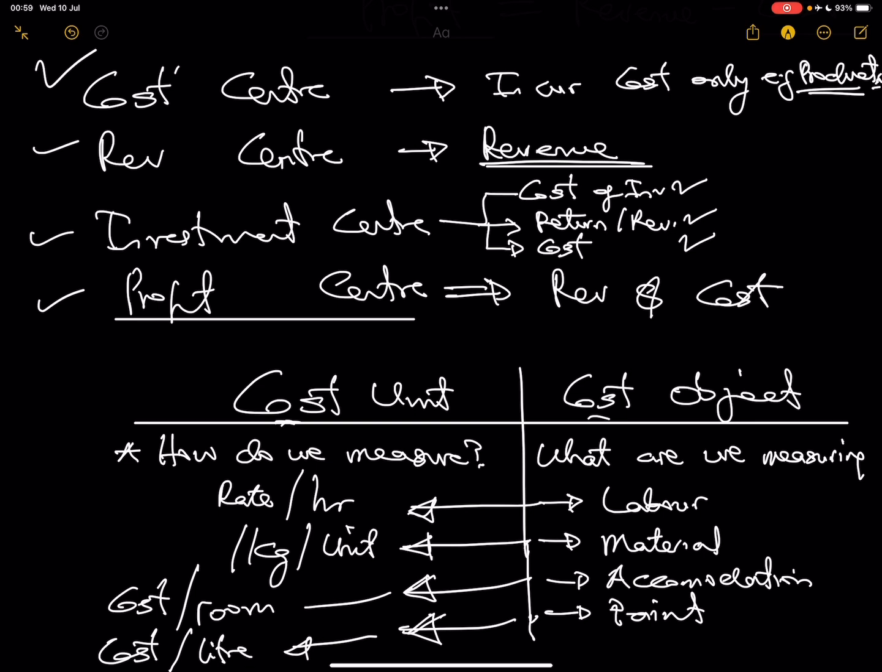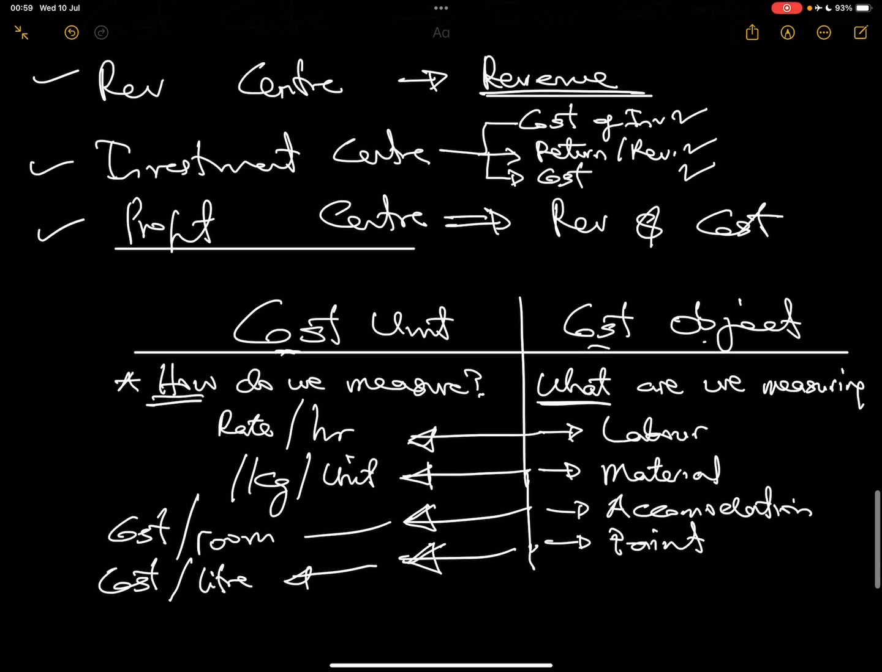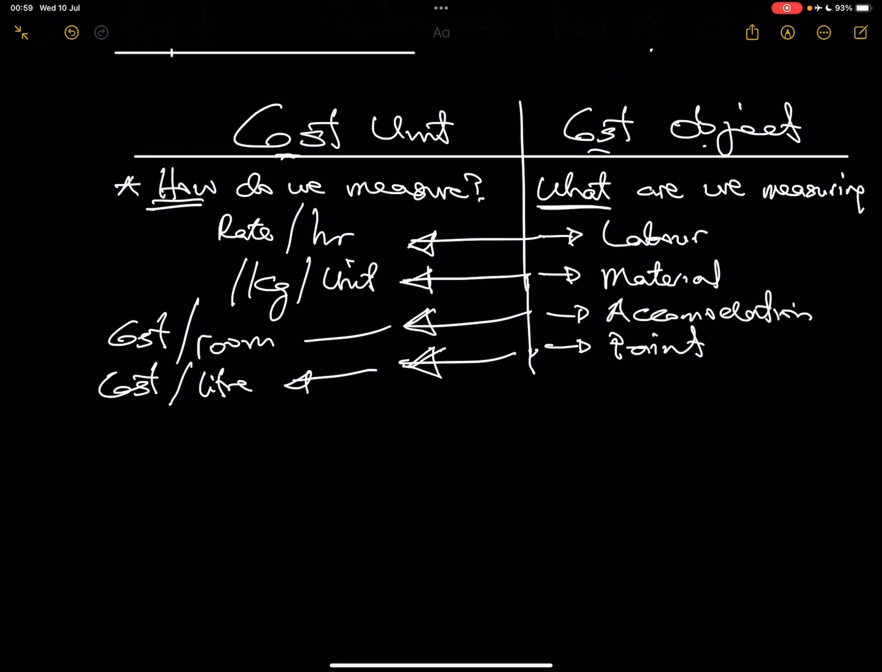So cost unit is how we're going to measure, whereas cost object is what exactly we are trying to measure. So please don't allow that to get you confused. And that is why it's very, very important